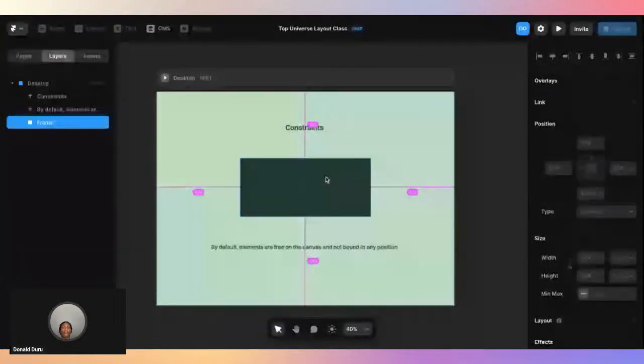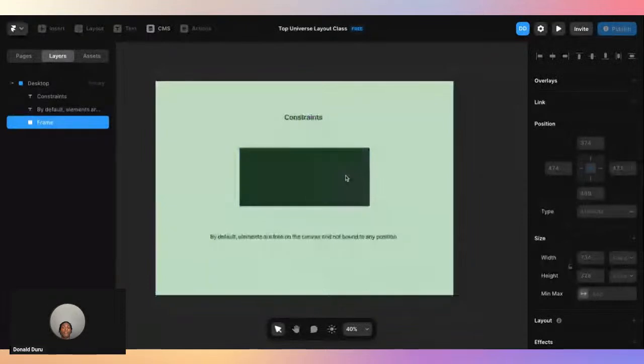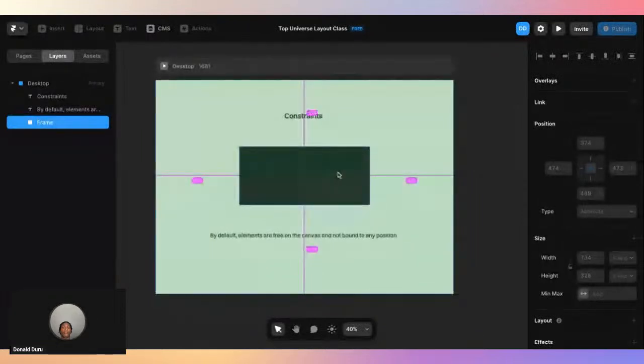By applying constraints to our elements, we are binding them to a particular direction and by a particular number of pixels. So for example,